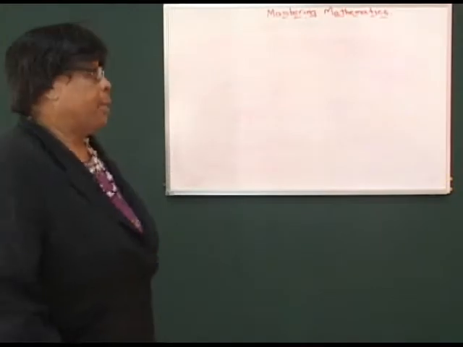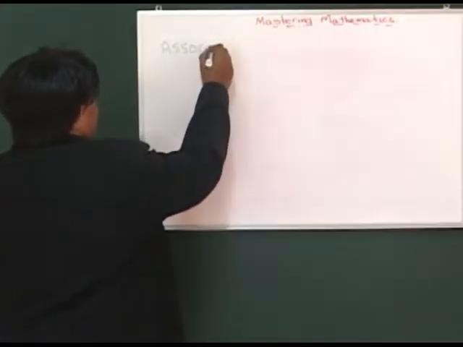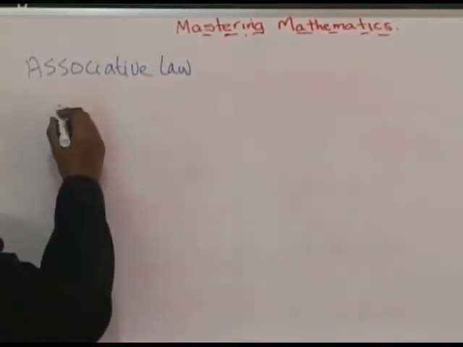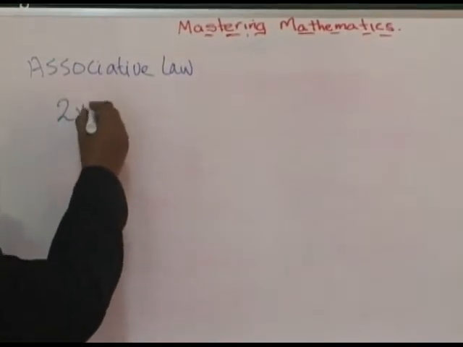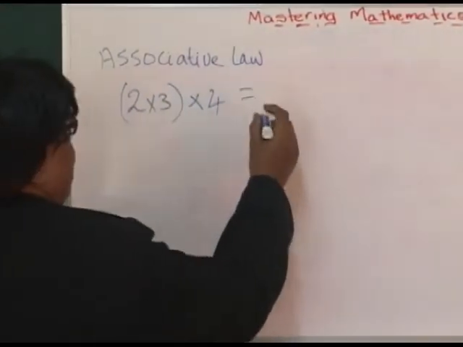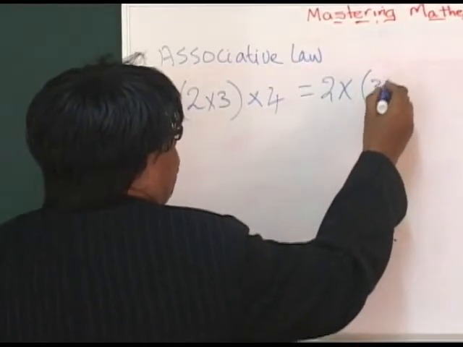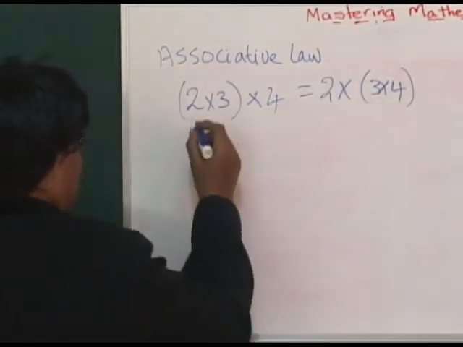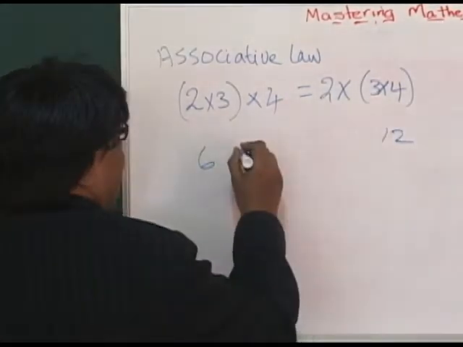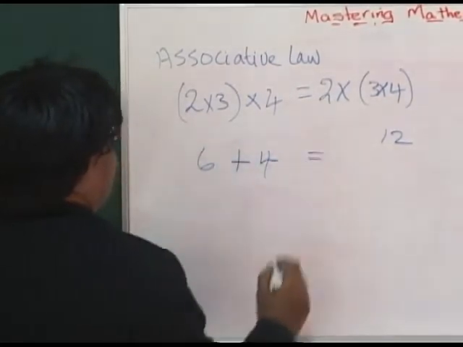In terms of multiplication, our associative law operates along the same pattern as the addition. We can have 2 times 3 in a bracket, multiplied by 4, and that would be equal to 2 outside the bracket times open bracket, 3 times 4. And we know right away 2 3s would give us 6. Working our brackets first, we're going to get 12 here, and then it is times 4, and it would be equal to